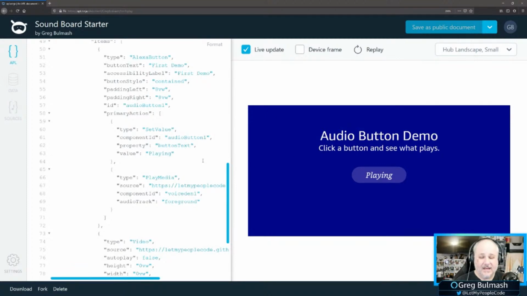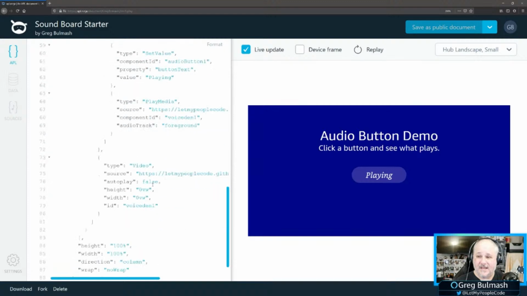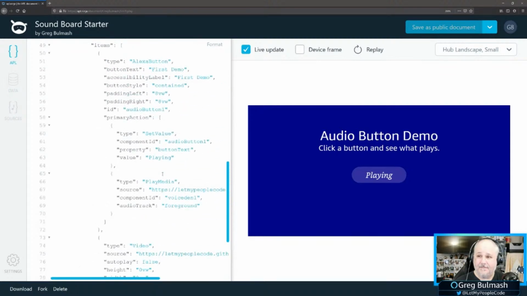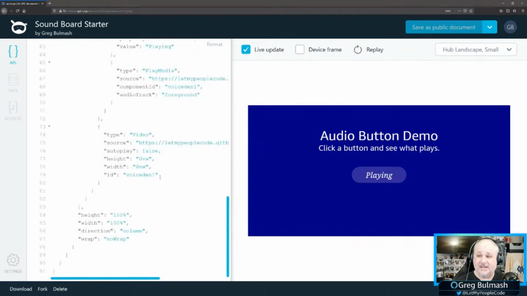So the next thing we want to do is set an action for this that will have it go back to this state. We call it first demo. So we'll have it go back to first demo.